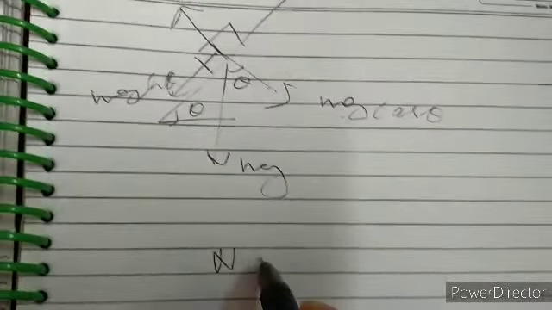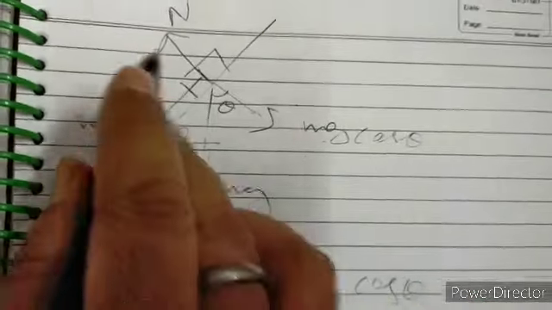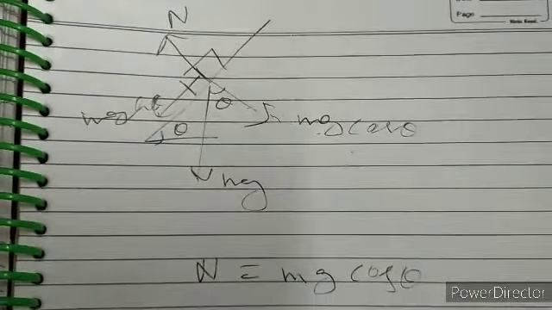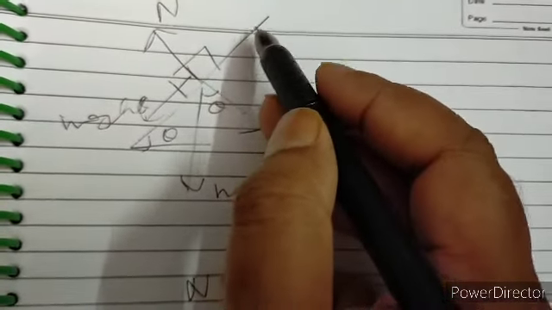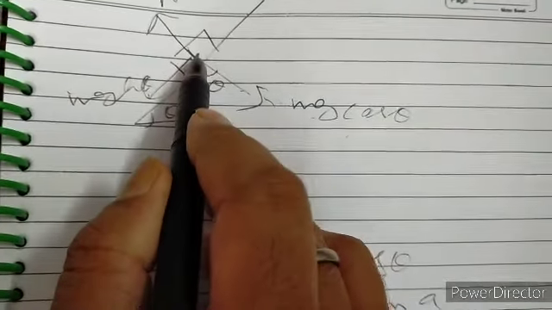Now the body is not moving in this direction, therefore N is equal to mg cos theta. These forces are equal and opposite and cancel out. Now in this direction the body will move downward, then mg sin theta is equal to ma, where m is the mass of the body and it is moving downwards with acceleration a. mg sin theta is equal to ma.